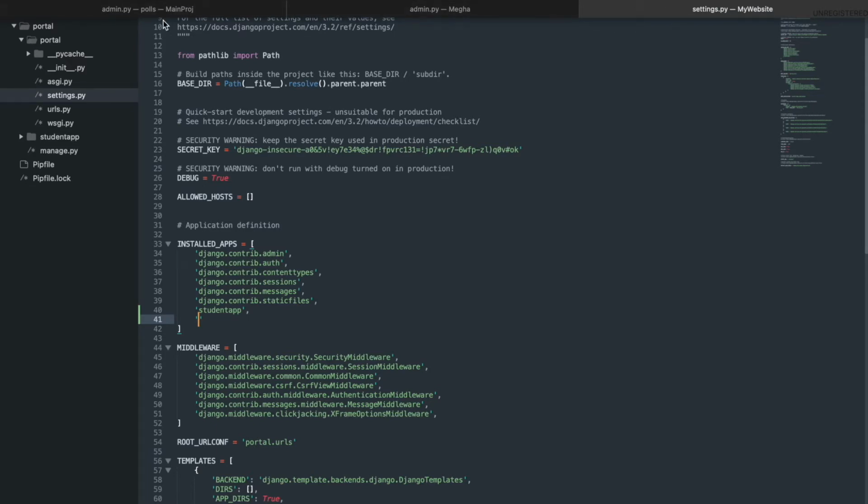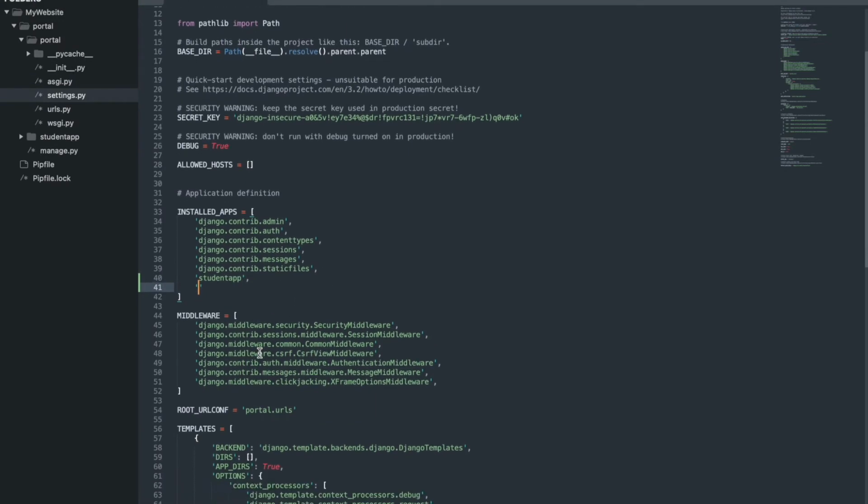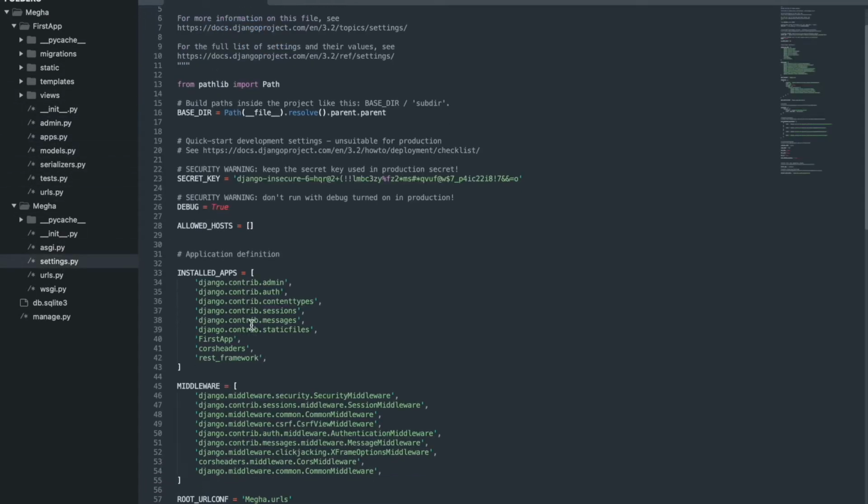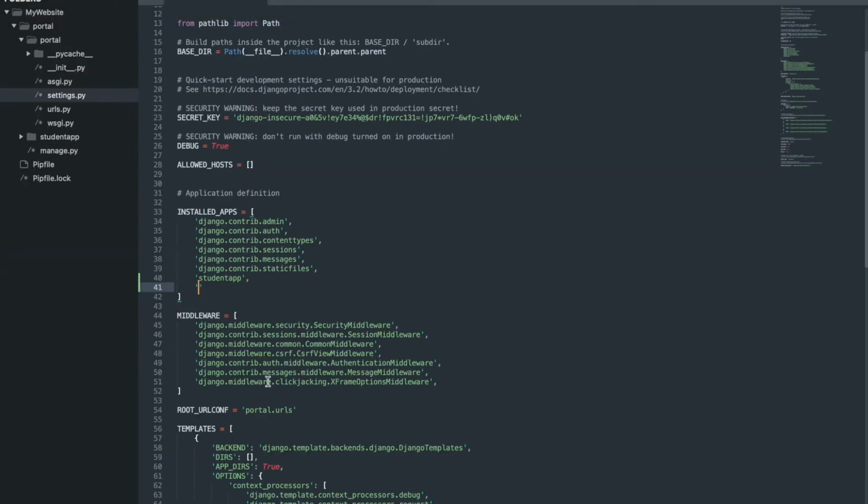I will also have to put in the Django REST framework. I'll take my settings from here. Okay, I'll just take some help from here. So here I have the settings, so I will have to install this REST framework also. Okay, so I put the name of my file, that is the app, and I have put the Django REST framework also. So you'll have to do that.